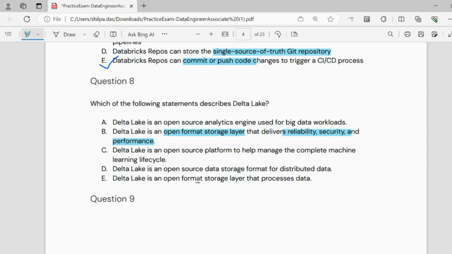And an open format storage layer that processes data. It doesn't process the data, right? So it is actually not correct. So the correct answer for this particular question will be Delta Lake is an open format storage layer that delivers reliability,